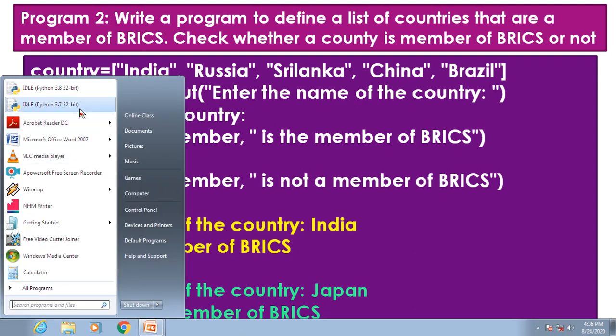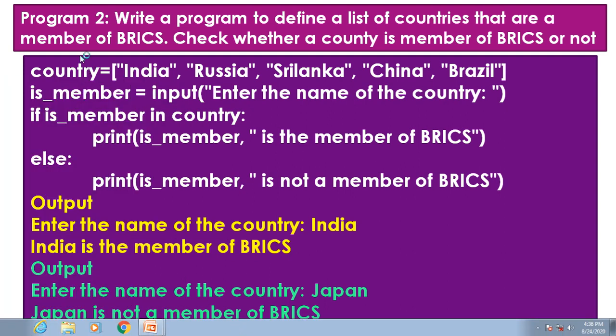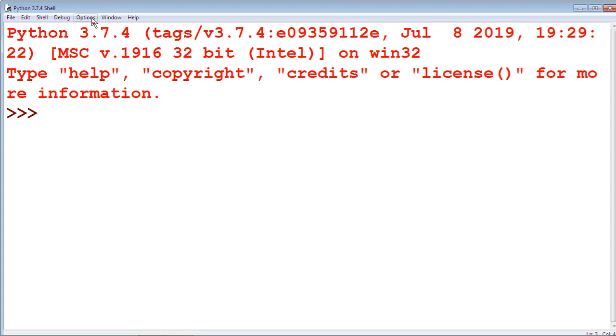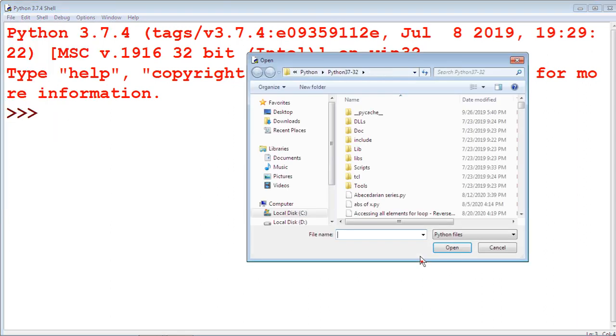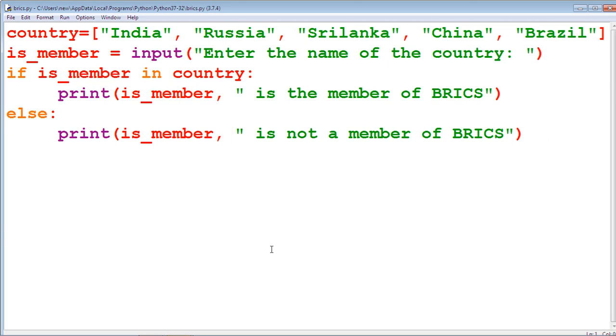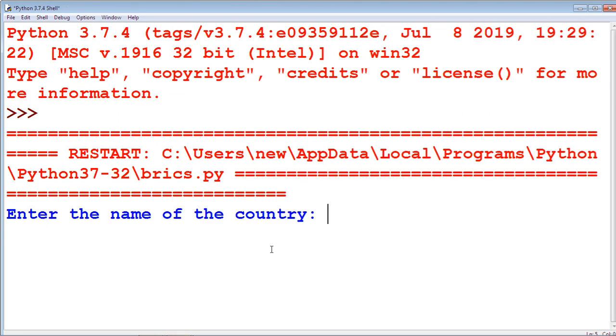We are going to check this program by using the IDLE. File, open, BRICS. Run this program. Give the name. It is a case sensitive language, so be careful about the case of the country name.